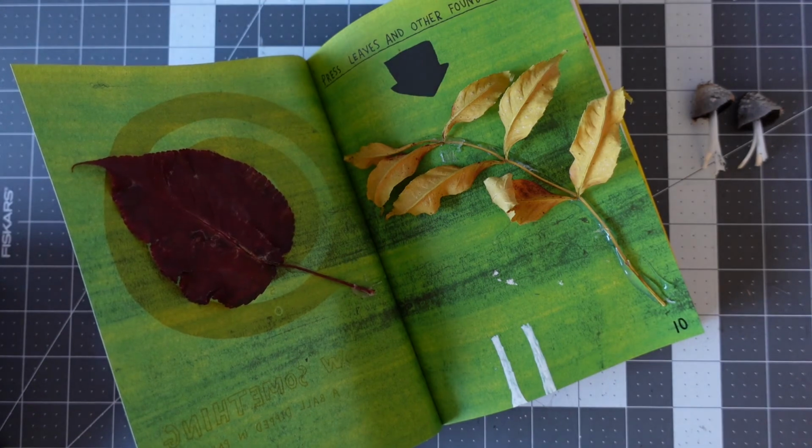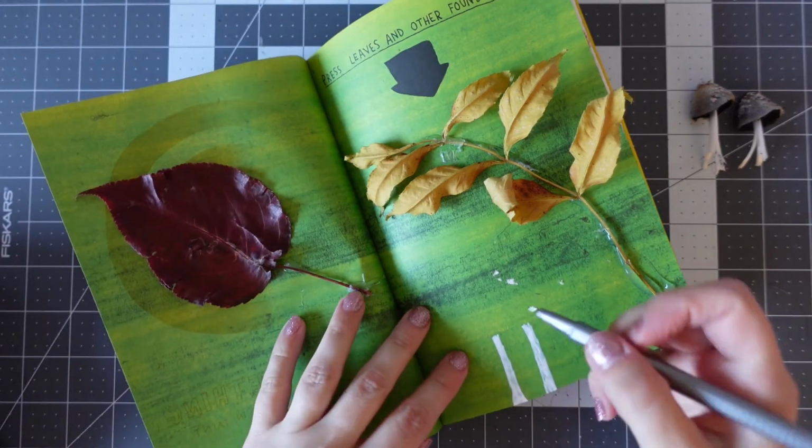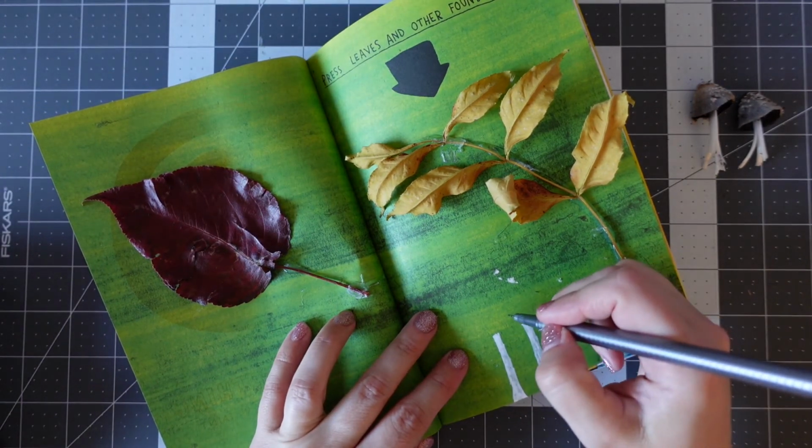So yes, there is some absolutely beautiful scenery at the moment around Orange, and